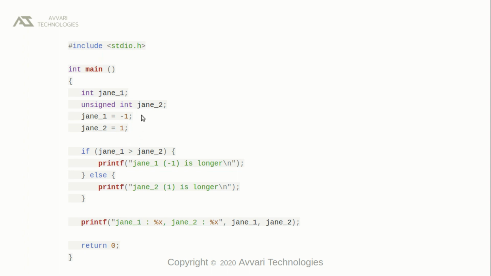The MSB bit of this number becomes 1, whereas in j2 the value is 1. The 32nd bit of this number is 1, so obviously the value of j1 is greater than j2. The if block will be executed.